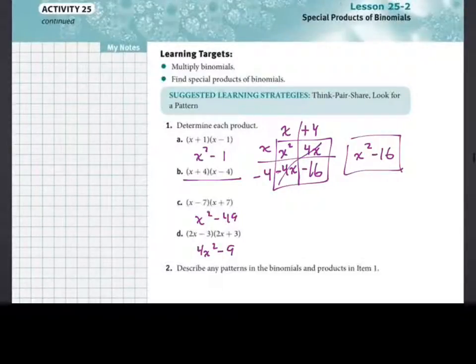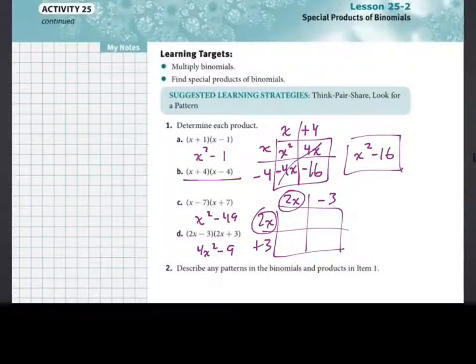It's 2x. Okay, you guys are having a hard time with this one? Is that the one you're saying? Okay, check it out. If I set up my table, I would put 2x right there, and then a minus 3, 2x, and then a plus 3. What is 2x times 2x? 4x squared. Okay, so 2 times 2 is 4. And then what's x times x? x squared. Then this one would be 2 times negative 3, so it would be negative 6,